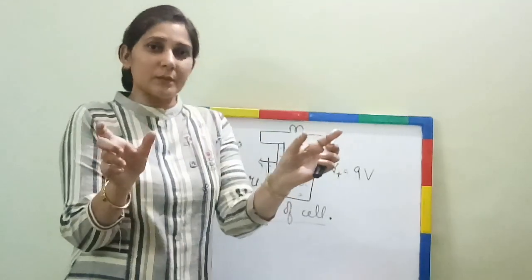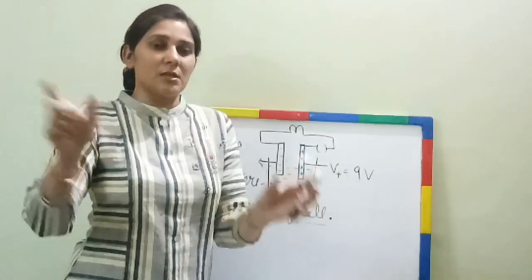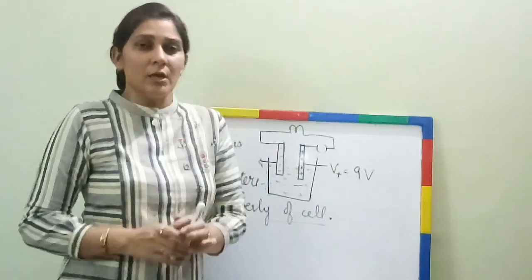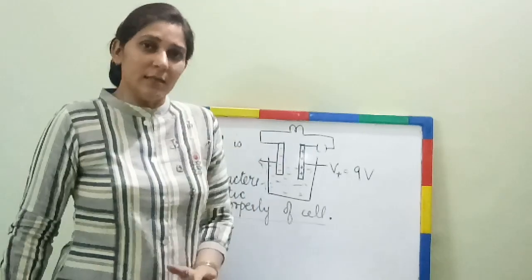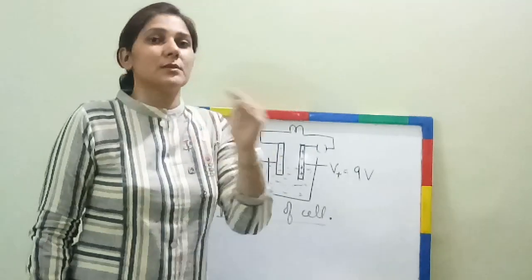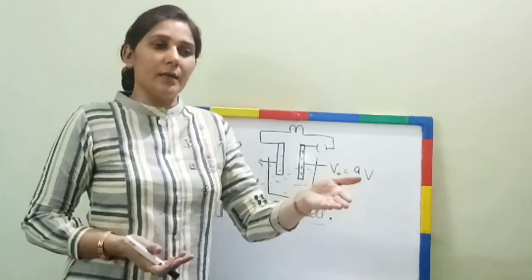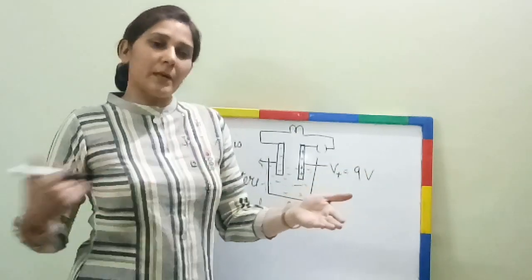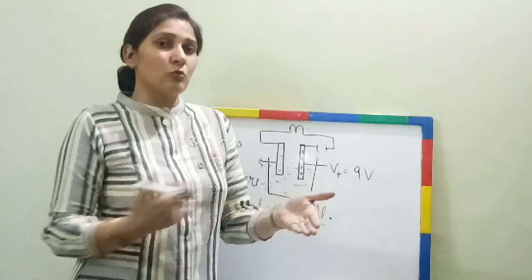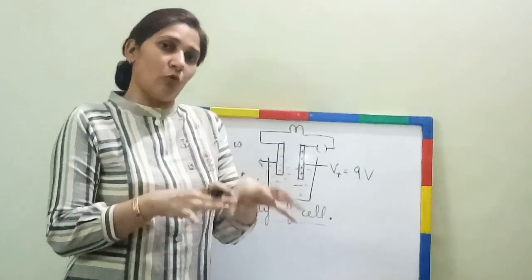हमें उसको पढ़ के पता चल जाता है कि कौन सा सेल ज्यादा potential difference देने वाला है, कौन सा कम देने वाला है. So that is the characteristic property of the cell and it will remain fixed for the cell. सेल के लिए वो फिक्स रहेगा. अगर एक सेल 15 वोल्ट का है तो हम उसको 15 का ही मानेंगे. ये नहीं अभी 15 का बोल रहे हैं, दूसरे के पास जाएंगे तो उसी 15 वोल्ट के सेल को कोई 12 का नहीं बोलेगा. That will remain 15 volt only.